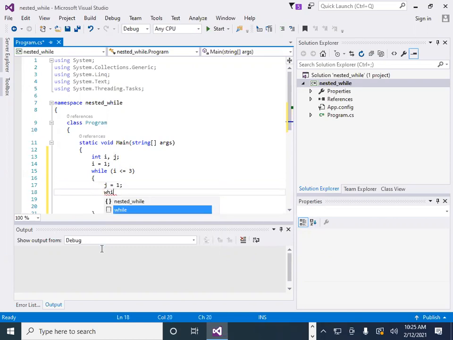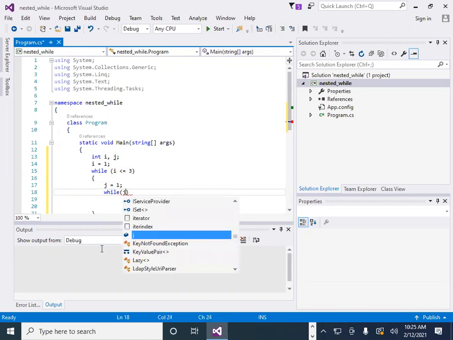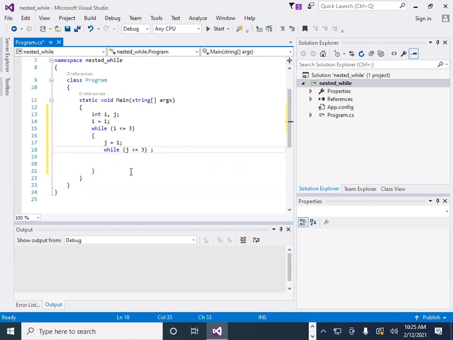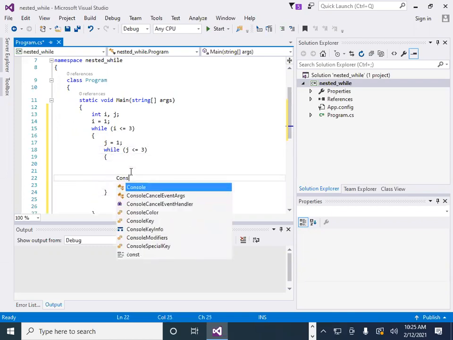So while, in brackets, j less than or equal to 3, and then we open and close. Here we print the value of i and j.